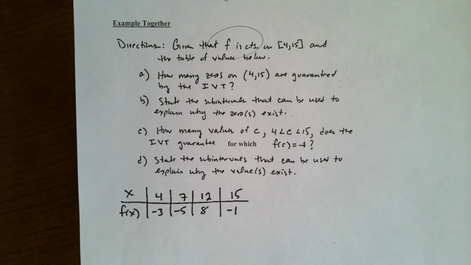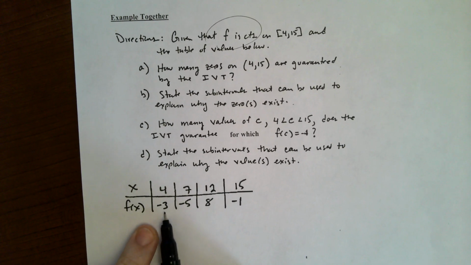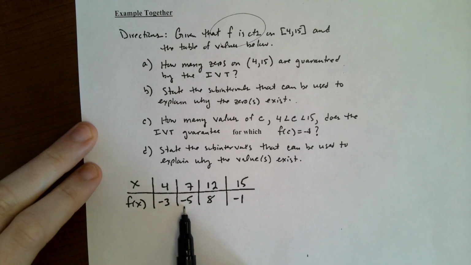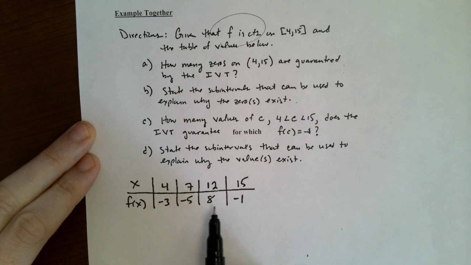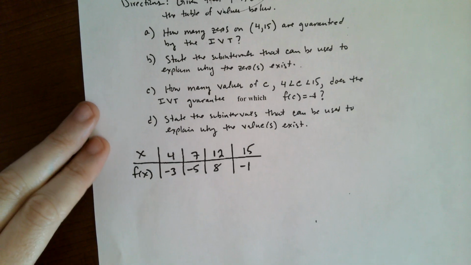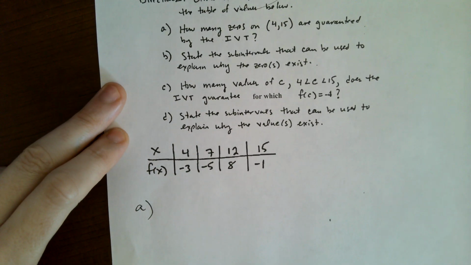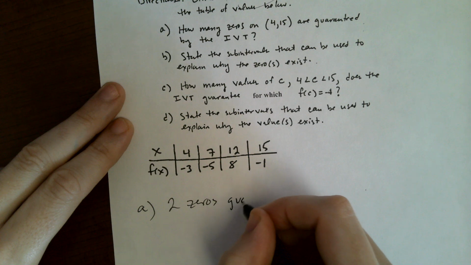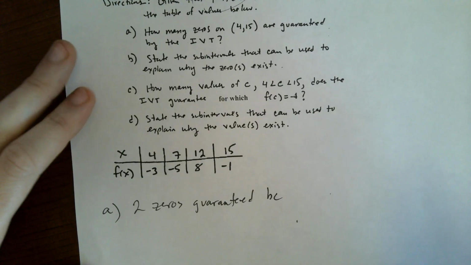So guys, you just check the consecutive y values and see if 0 is between them. Is 0 between -3 and -5? No. Is 0 between -5 and 8? Yes. Is 0 between 8 and -1? Yes. So we've got two zeros there. So I'll say A, 2 zeros guaranteed. And then just for your notes, guys, maybe you should say because